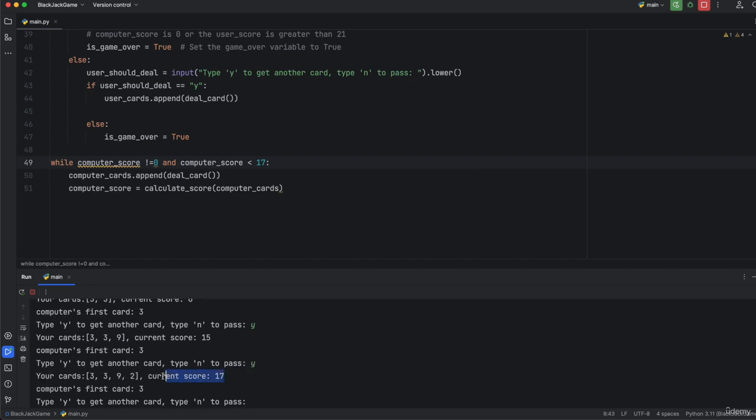So your current score is 17. Computer's first card is 3. Type 1 to get another card. So I'm just going to again grab another one, and 18. Wow, okay, so we're going to grab another one, and 19. Wow, we keep getting ones. All right, so we grab another one, and 21. All right, so our current score is 21, and if I say no because we reached the end of it,